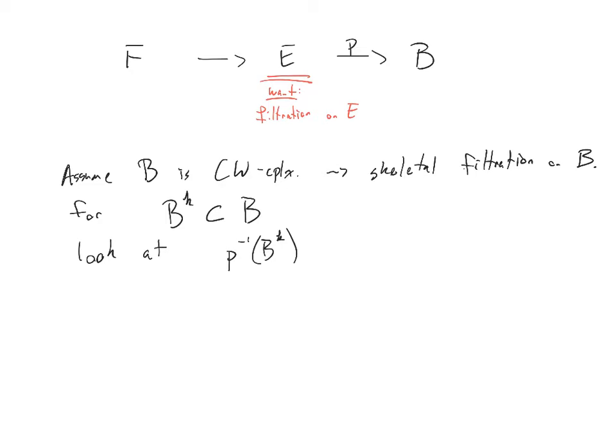And provided you subdivide your cell structure small enough so that each of these cells is trivially covered by F, you end up with